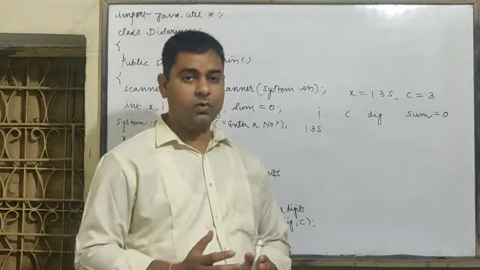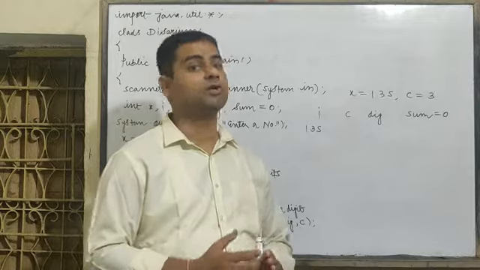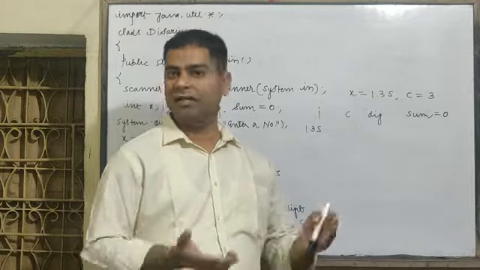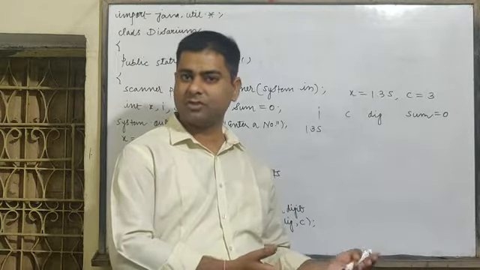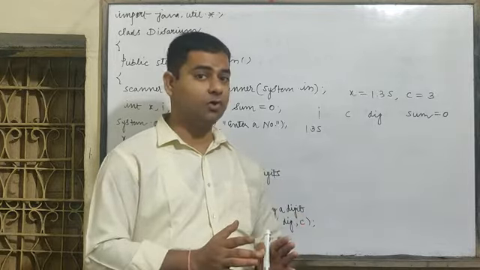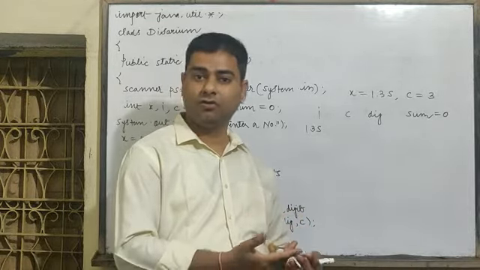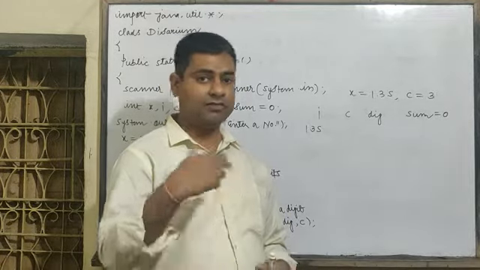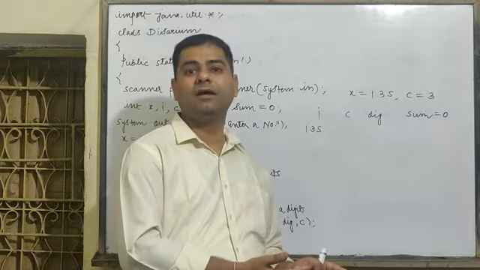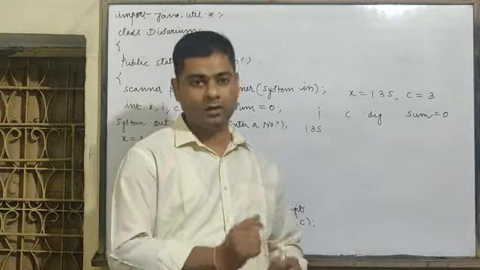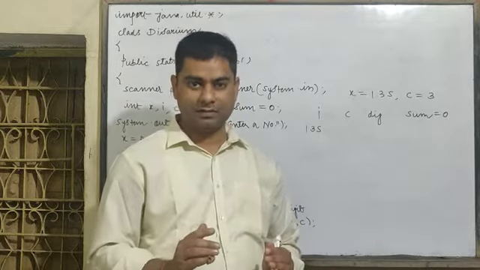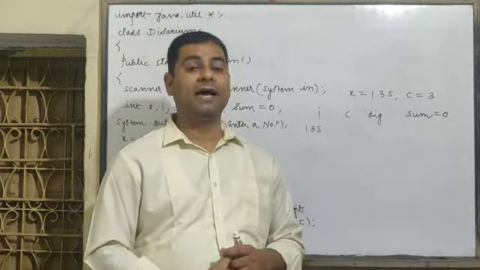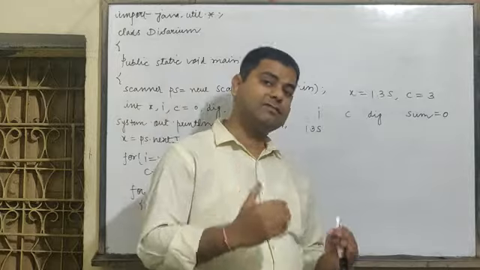To ensure the respective position of the last digit, we will have to count the digits. Suppose the number has 3 digits, so obviously the last digit will have respective position 3. Suppose the number has 4 digits, so the last digit will have the power 4. Suppose the number has 2 digits, 89, so the number of digits is 2, and the last digit will have the respective position of 2. Understood? For this particular reason, we will have to count the digits. As we counted digits for an automorphic number and an Armstrong number, the same concept we have to apply here also.